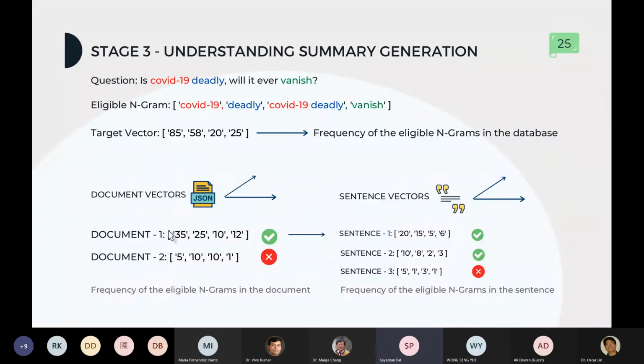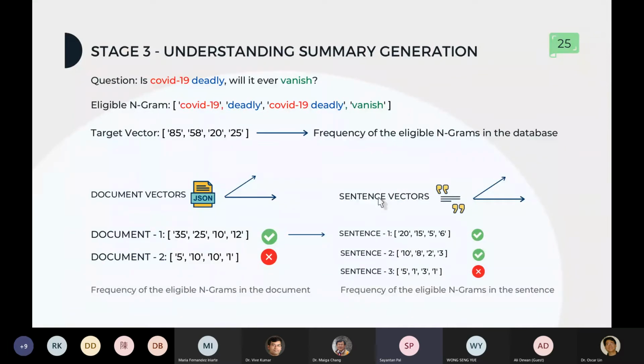These are the vectors that I'm generating, and you can understand that the larger the vector length, the more time it will take to calculate the cosine similarity. One more thing is that the more documents you have, the more the time would increase. For that, we have to go for some kind of optimization, but that would be coming in part 2 of this research. This is part 1, which had 3 stages. We are more focused on generating a summary than on optimization and providing a more efficient, faster method of generating the summary.